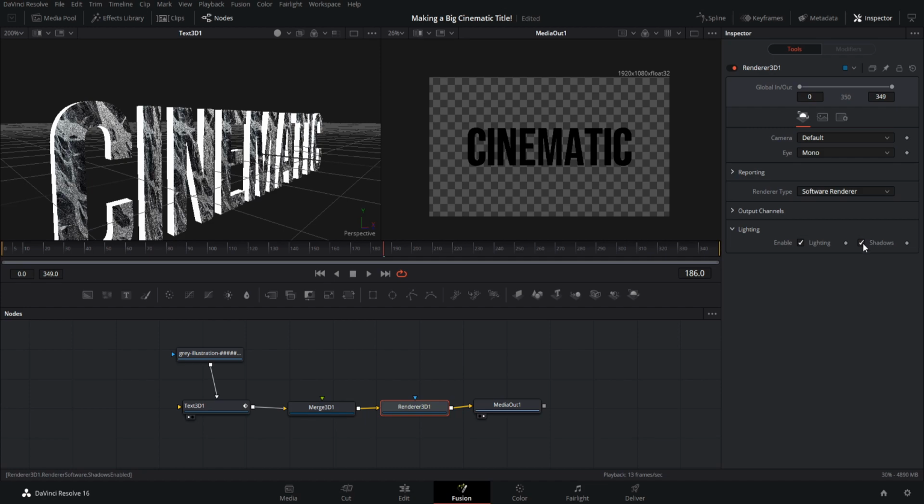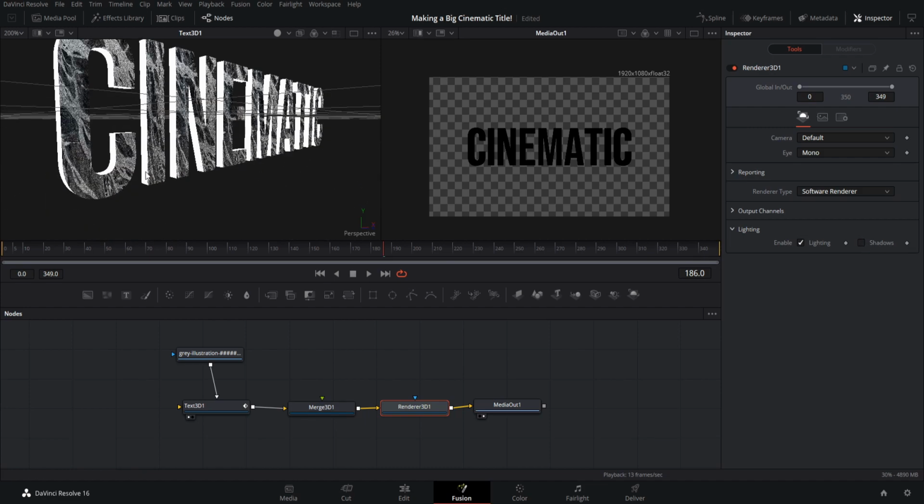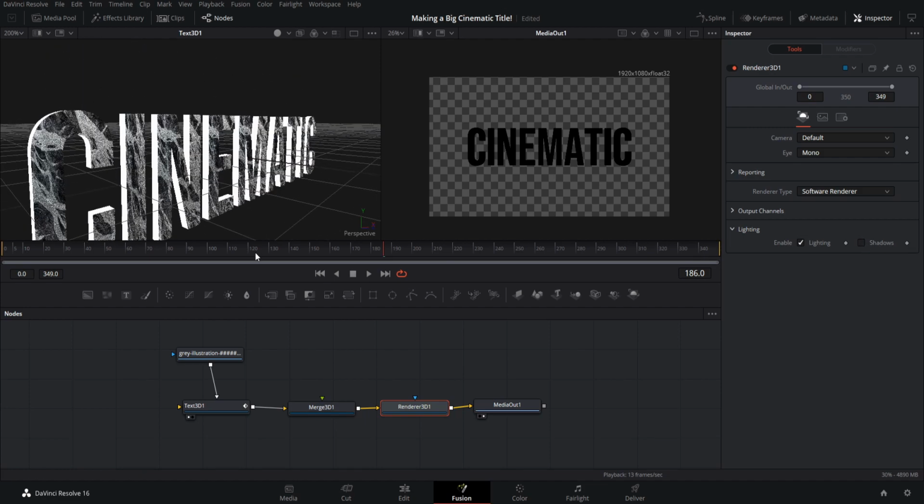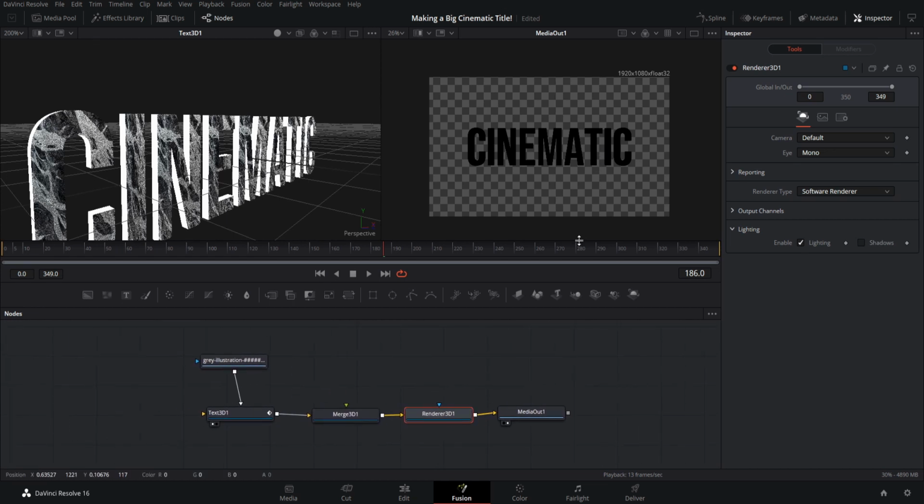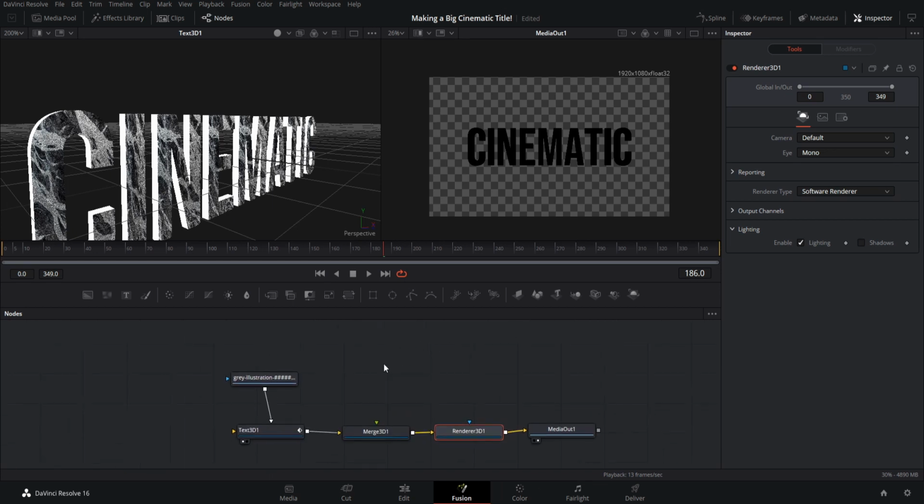Well, actually, maybe we don't need shadows. Only if you mean to cast a shadow on like a 3D plane or something underneath it. But I guess that would just be pointless extra processing right now. So we'll leave just lighting checked. So now you can see that with lighting enabled, the text appears black because there is no lighting in the scene. So we're going to need to add in